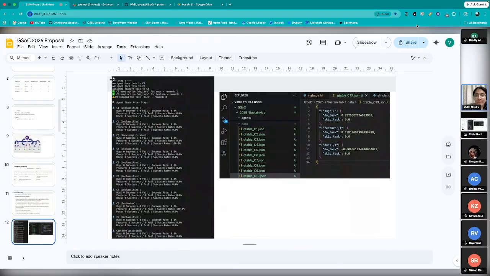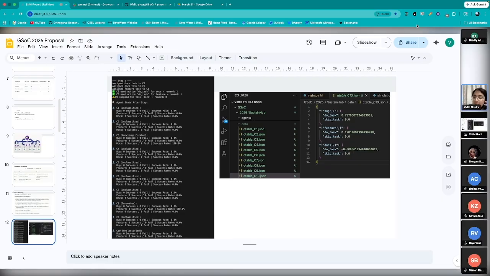So step one, basically I was running it for a lot of steps, and after every step I was showing these outputs of the contributors and how they have performed. The maintainer would assign tasks using multi-armed bandits. These three steps talk about that, and the next three talk about the results of the assigned tasks, whether they were performed or not. Then using the success rate formula that we have, we calculated the success rate for each of the tasks, so how many are assigned and how many are done, and then based on that the success rate. Like that, for every step I used to show.